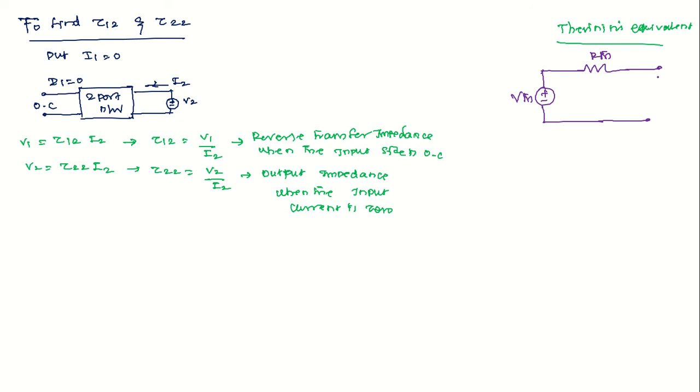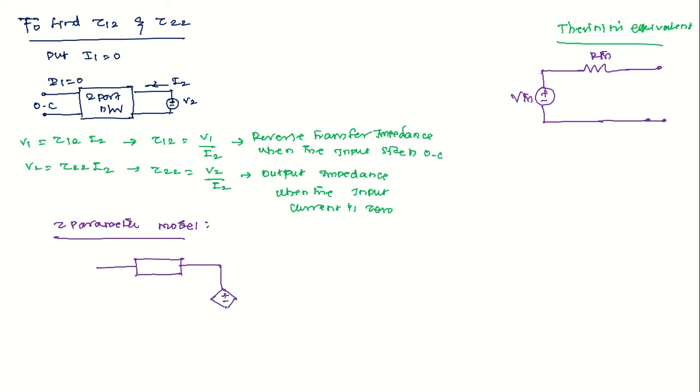Thevenin's equivalent means it is not closed, it is open. A Thevenin's equivalent circuit is the one in which the closing side will have your load resistance or load impedance RL. So here what I am stating is the overall model, the final Z parameter model. On both the input and the output side, you will have two Thevenin's equivalents.